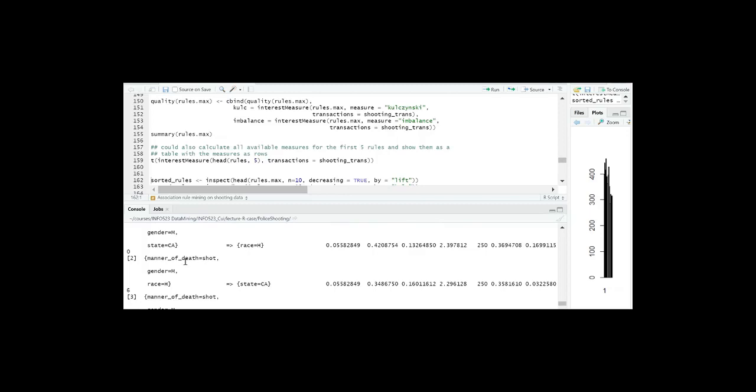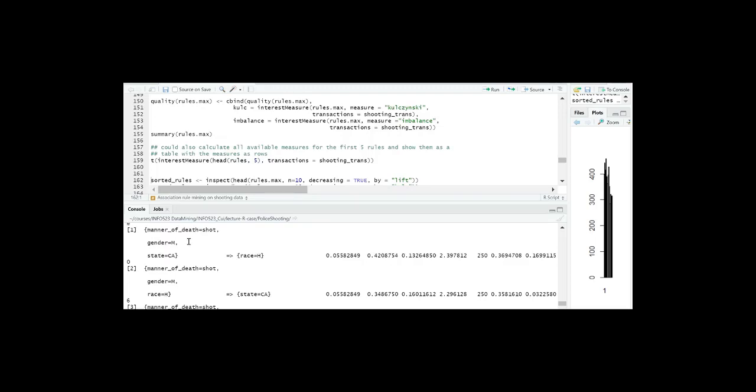We can look at the other, and this shows some of the issues with the rules being generated. From the same frequent itemset, we can generate multiple rules. As you can tell, this rule is generated from the same frequent itemset as the first rule. This rule says shot, gender is male, and race is H, then state is CA. You can see all those 4 elements are exactly the same between rule 1 and rule 2. Again, checking our goodness measures, we see this again is not a very strong rule.